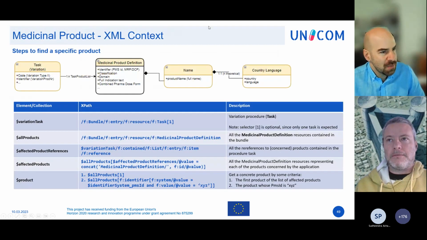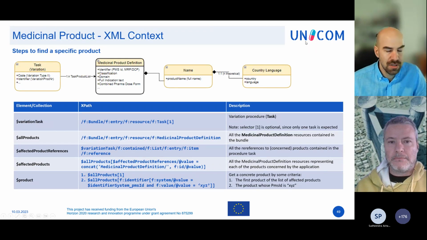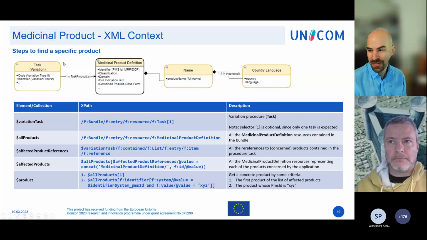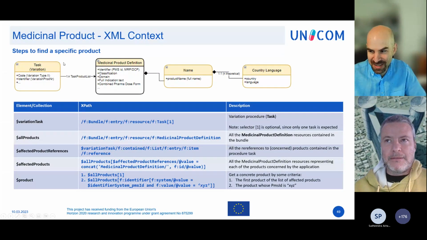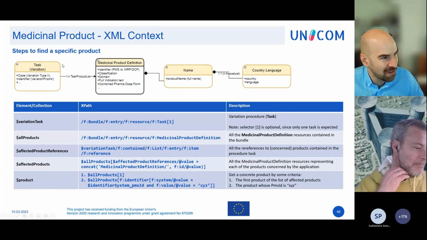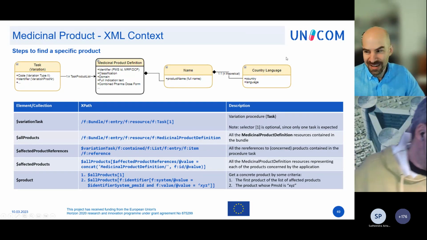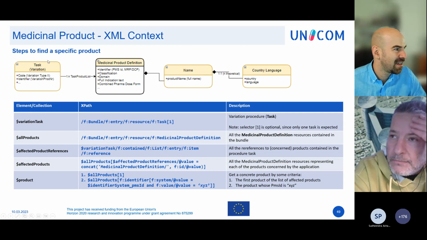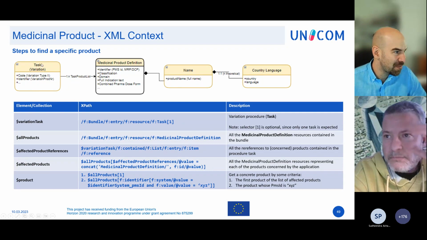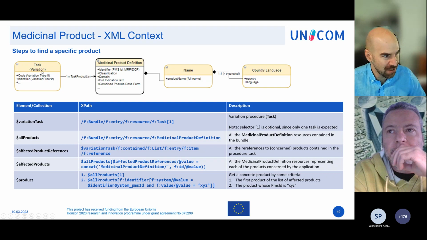Now, to find a specific product, this is the challenge, and you don't need to see the full model that we've seen before. This is the way to go. You go from the top. So I'm handing over to you, Gianluca, just in a moment. I'm just explaining the path you need to follow this one time. You are starting with the resource of the variation.